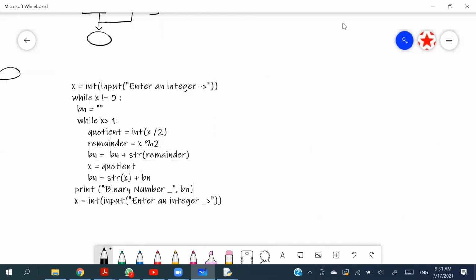Right? Then first you have to understand what is the purpose of this program. The purpose is once you have given an integer, it gives you the binary number of that integer, right? So that means if you are given